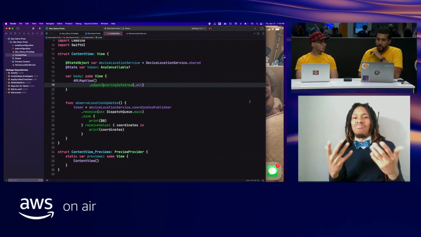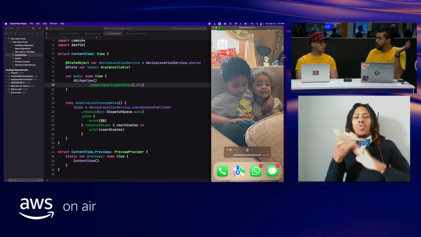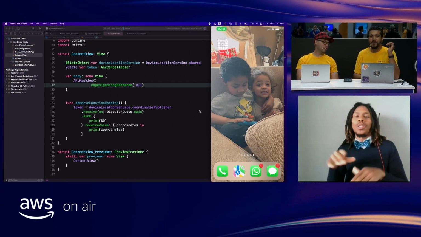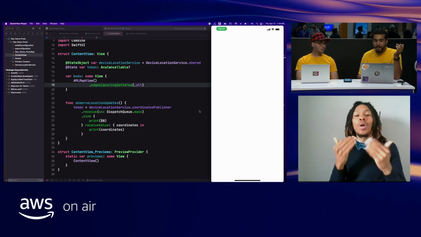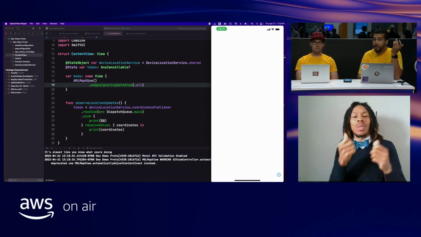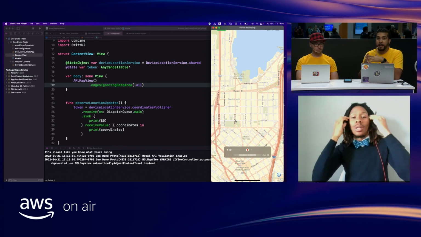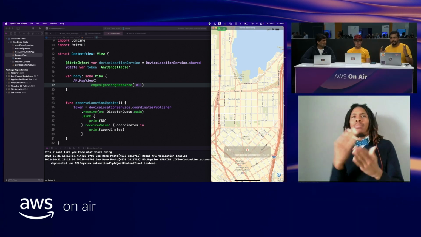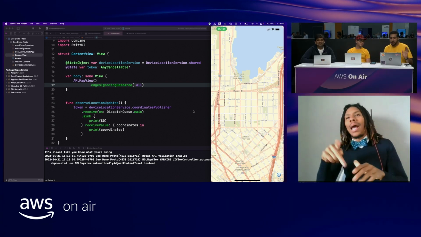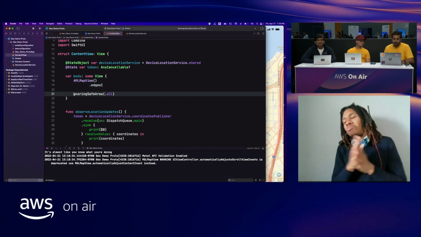And in these two lines, we're pretty much set. So if I go ahead and run my app, and you can see my beautiful children right there, what's going to happen is it's going to pull up this AML map view, and in two lines of code, we already have a map coming up. Now, okay, showing a map, that's not all that great. So let's go a little bit further. Let's try to make it a little bit better, right?